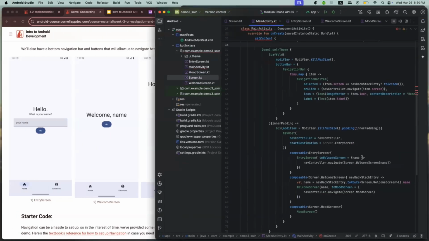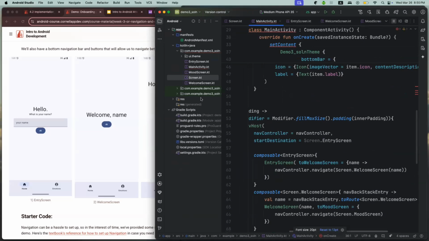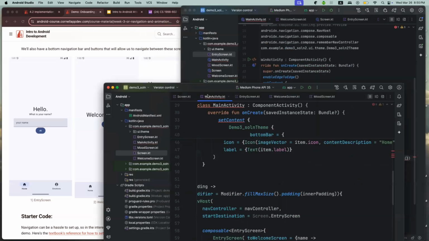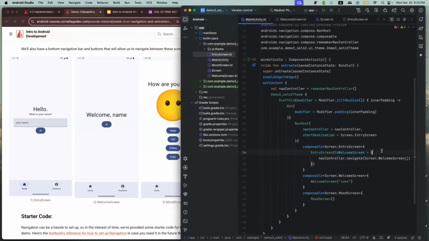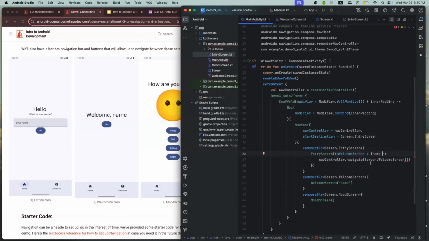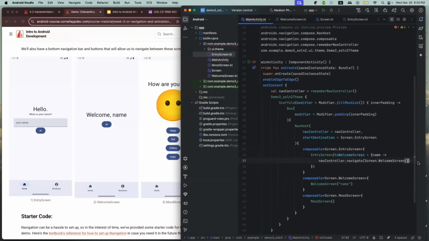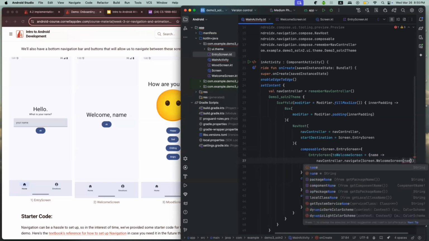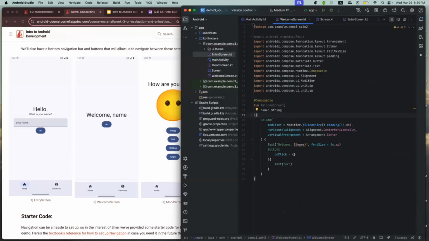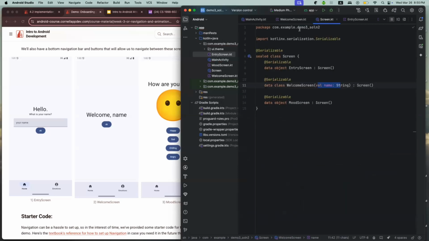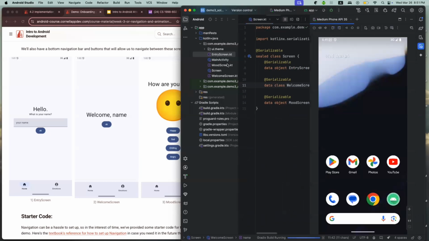I'm going to double check that. Yeah, okay. So this is the implicit passing in of an argument again. We'll be passing in the name that comes along from the toWelcomeScreen, and we can just call that in the welcome screen itself. And if we try running this,